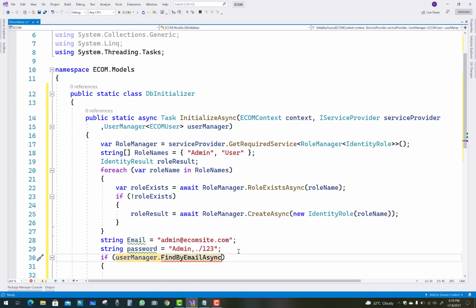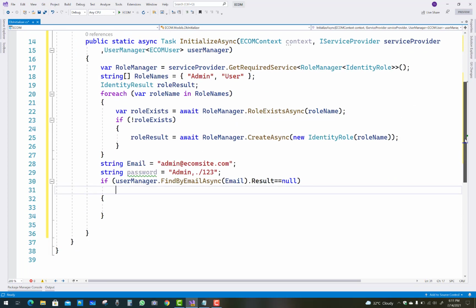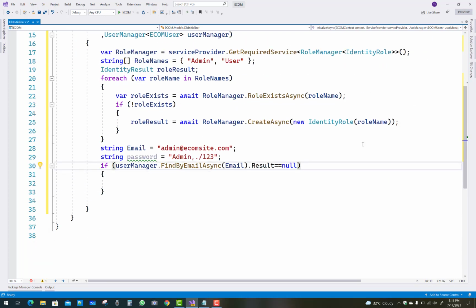By using this you can get the email ID and find the email. So FindByEmailAsync(email).Result is equal to null. I mean to say that if the result is null, then the email is not found. If it is null, then you have to assign that email to the admin.